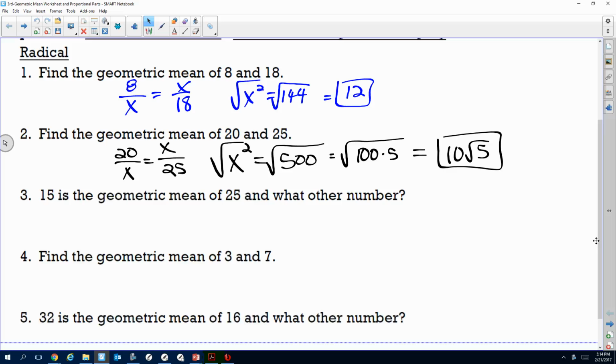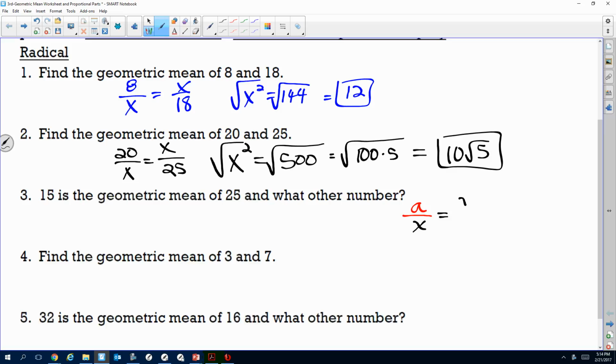On your color paper, we had that yellow or green, depending on which one you had. We had a proportion for geometric mean for 2 numbers. And that proportion says A over X equals X over B. Okay, the reason why I did these 2 colors is so you can just understand the parts, because